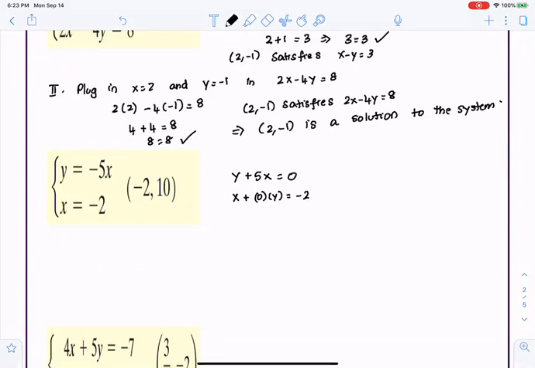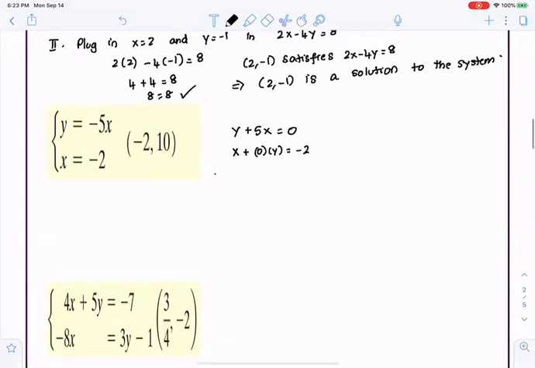Now, perhaps I'll write it in order. 5x plus y equals 0. x plus 0 times y equals -2. I know from experience that both of them are lines, and one of them is actually a vertical line, x is equal to -2. But rewriting it this way helps you realize that, even though the problem doesn't look like the previous one, if I rewrite it, it now looks like a linear system in two variables. So first step, I'm going to plug in